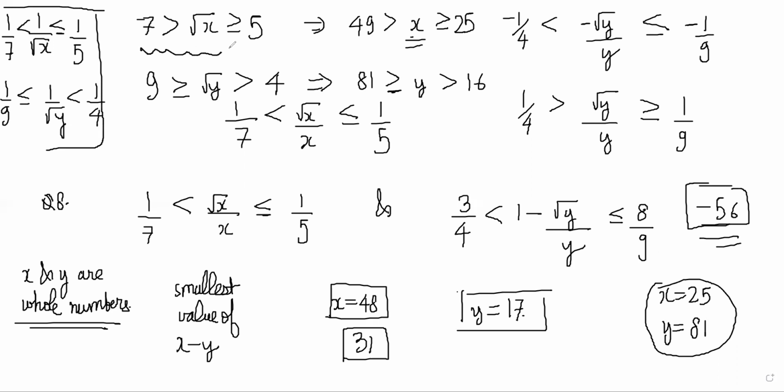The part which stumped me was the root x over x. Then I realized it was the rationalized version, so you can go back to 1 over root x. That was quite smart. Root x over x is 1 over root x only, just powers, right? x power half by x power 1.